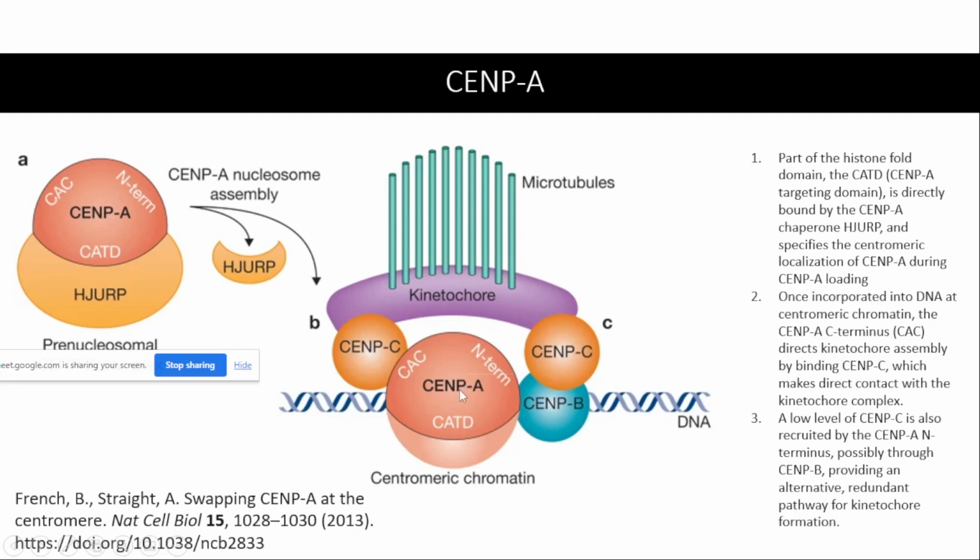Why is it important in the centromere? Because in the centromere you need CENP-A in place of H3, because CENP-A will mediate the recruitment of the kinetochore complex. As you know, for segregation you need the kinetochore complex recruited to your centromere. For that, CENP-A is very important. Without it, the kinetochore cannot be recruited here.